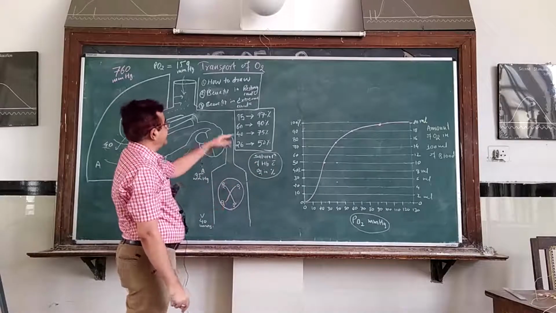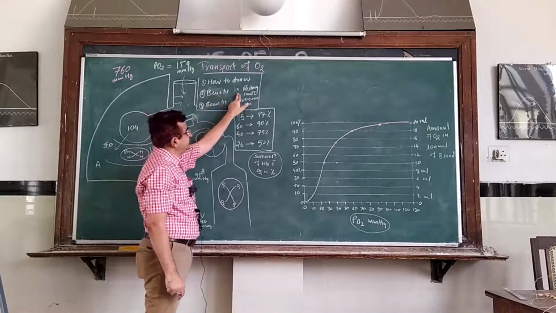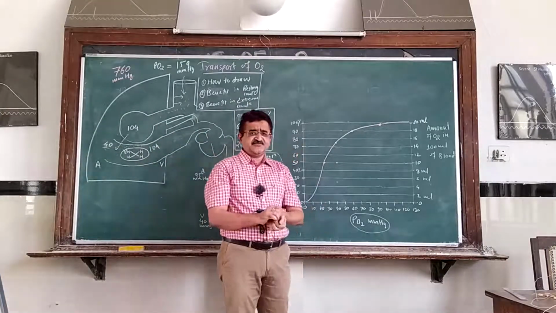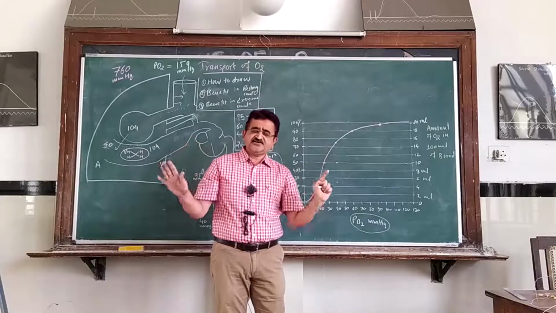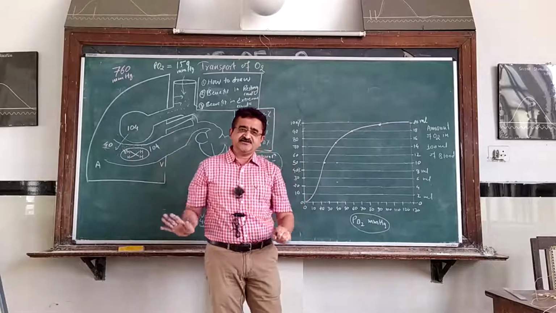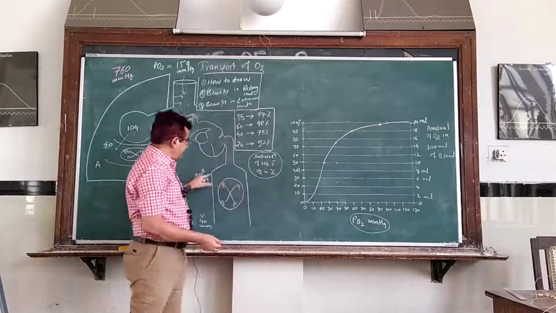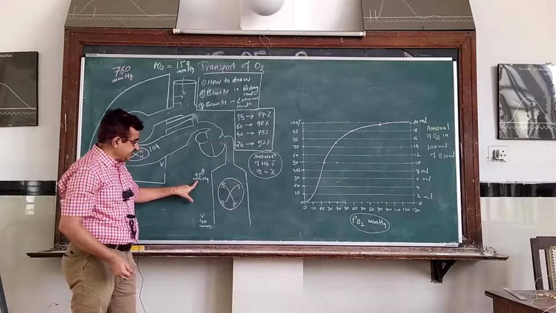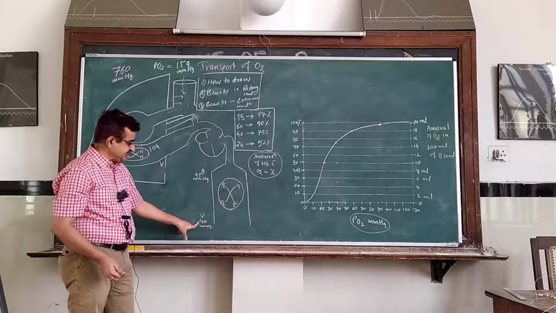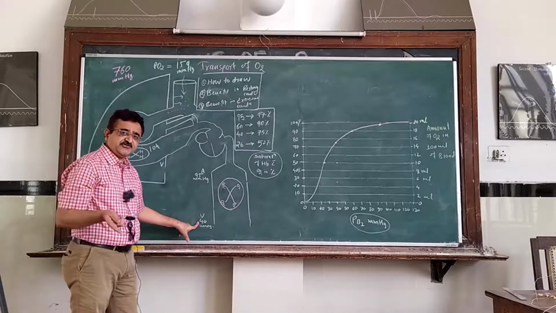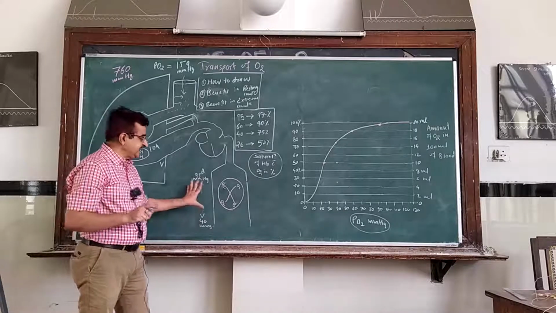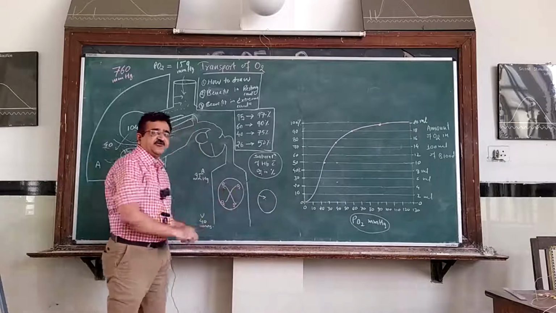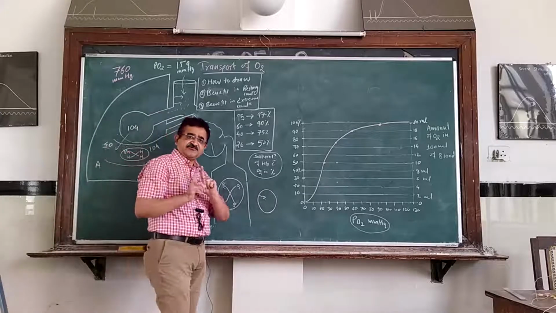So now, after how to draw this, we come to the next point: what is the benefit of this curve in the resting state? Right now, you all are in the resting state, in the ambient condition. At the arterial end of the capillary, the partial pressure is 95 millimeter of mercury, and when the blood reaches the venous end, it falls to 40 millimeter of mercury. And in the last lecture, we saw that this delivers about 5 ml of O2.